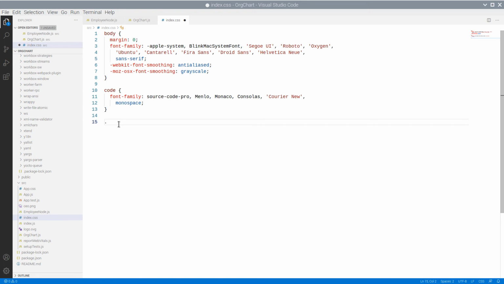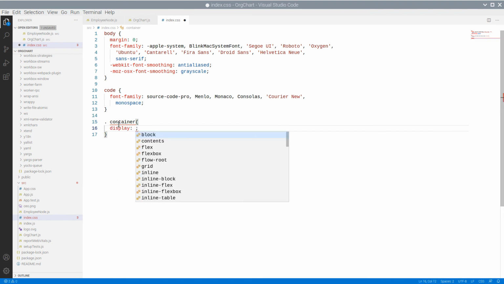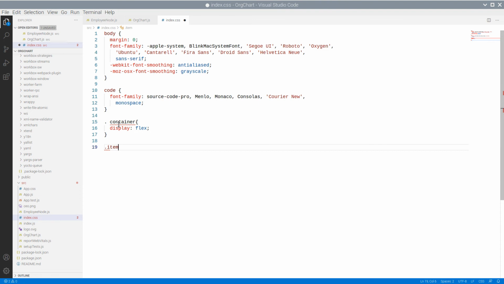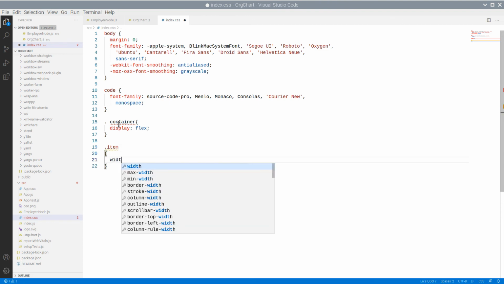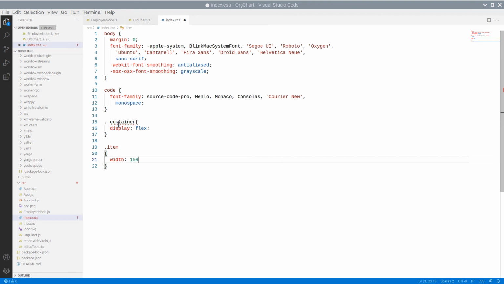We'll have a container style for the work area. Then the item style for the node list view with fixed width. And finally, the diagram, it will take all the available space.